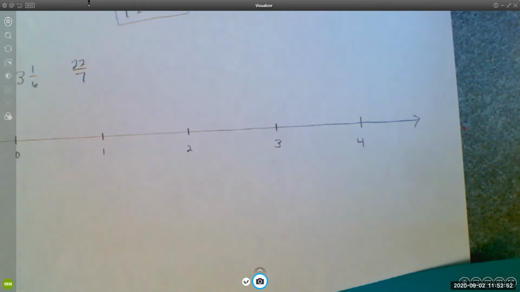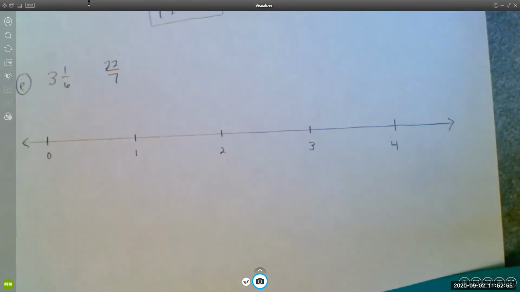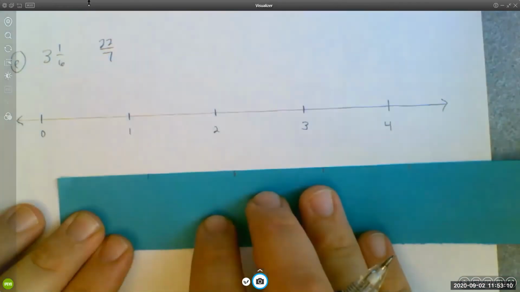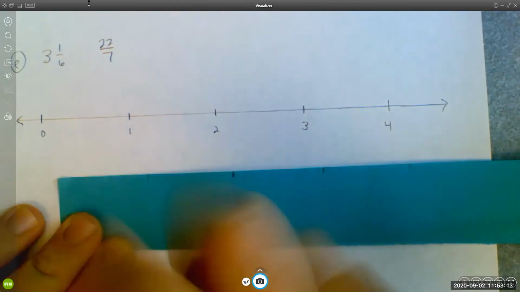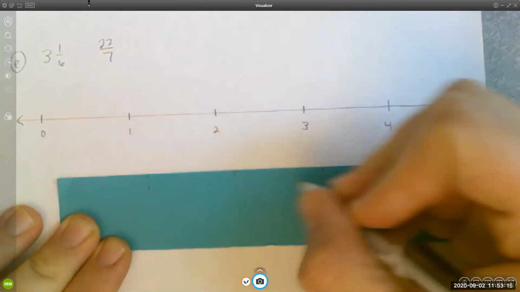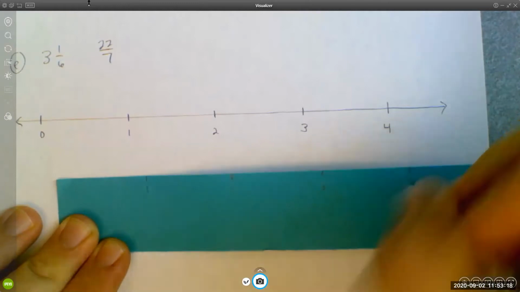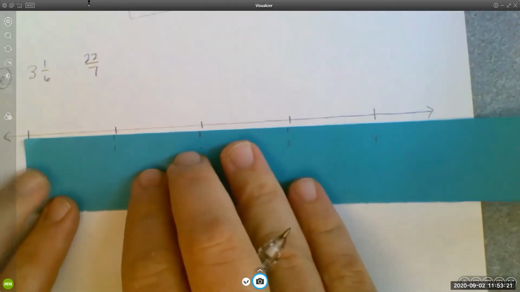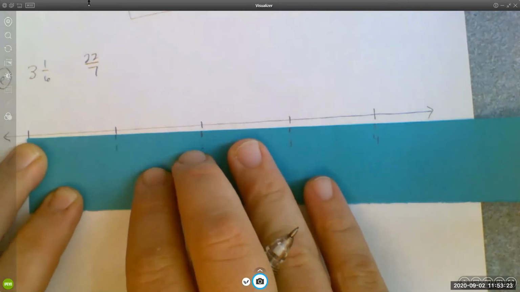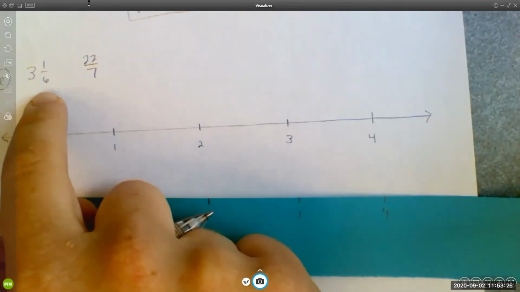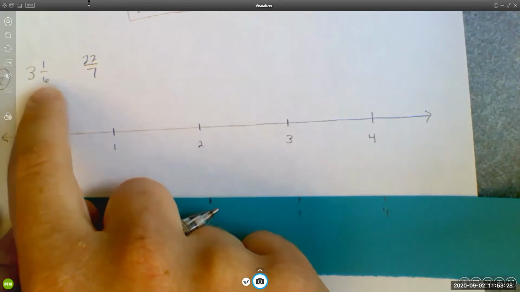Very good. So that part's done. Now, if I want to compare 3 1/6 to 22/7, I should mark where those numbers fall on the number line. So I'm going to start with 3 1/6. I already know that each of these marks on this number line represents 1 unit, right? This was 1, this was 2, this was 3, and then this was 4 out here. So what I need to do is split this unit up into 6 parts so that I know what 1/6